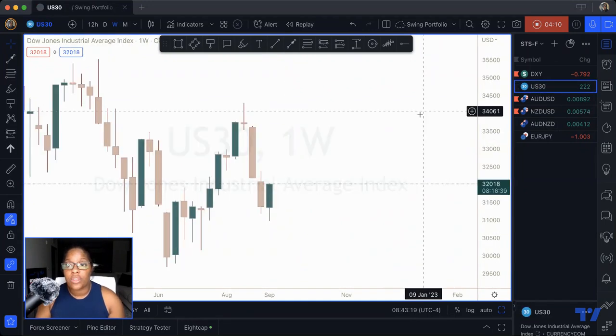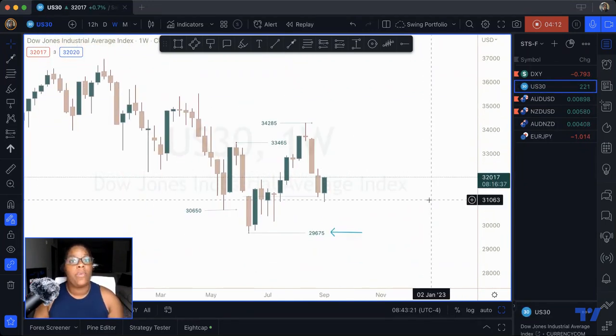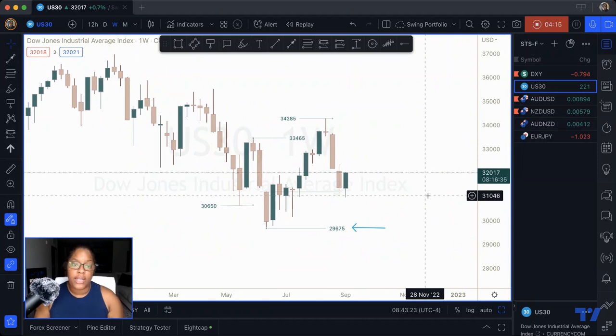But when we go to US 30, this is something that we have to take a really good look at as well. I know there have been Fed speeches and they've not really been bad. I don't really look at fundamentals or listen to news, but when someone does the homework for me, I'm going to go listen, right? But dealing with US 30 is a little bit different than the dollar index. Remember, I said it's in the stock market. So there has been a reversal. You know how I was saying with the dollar index, if it doesn't pass 104, I'm not looking for sales.